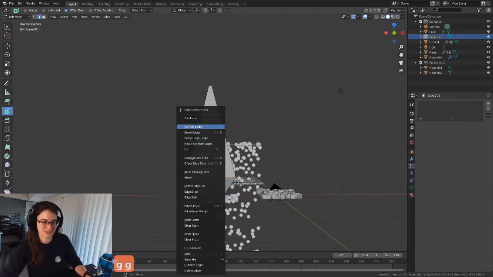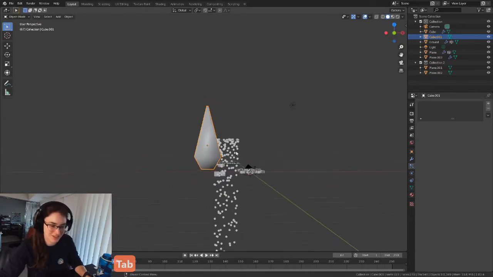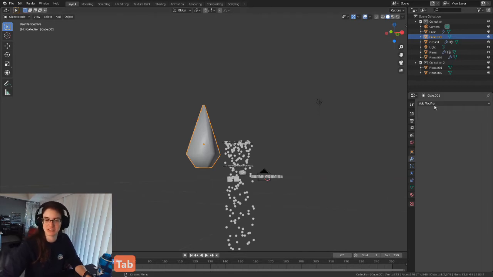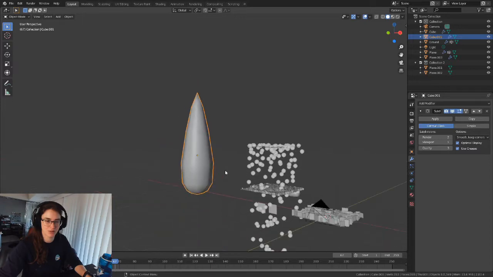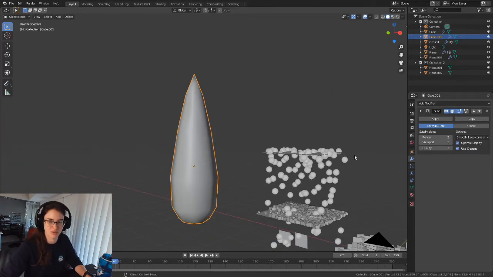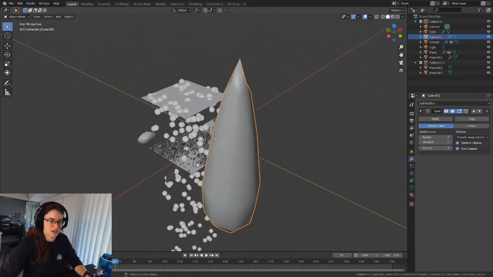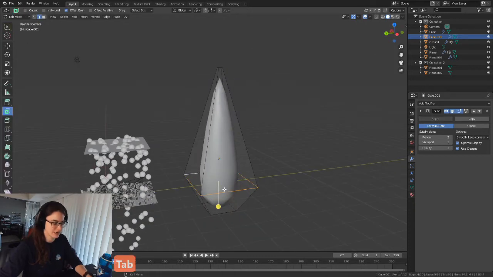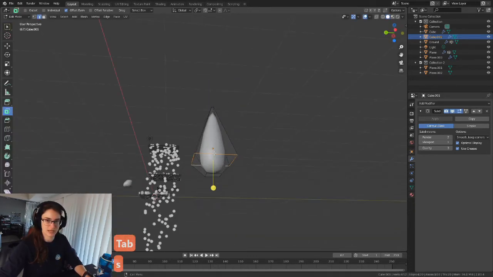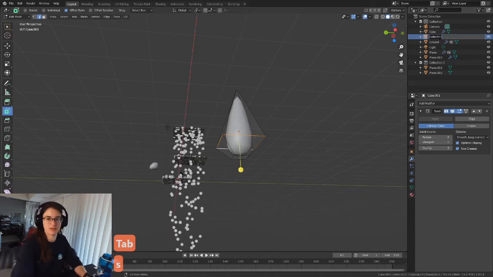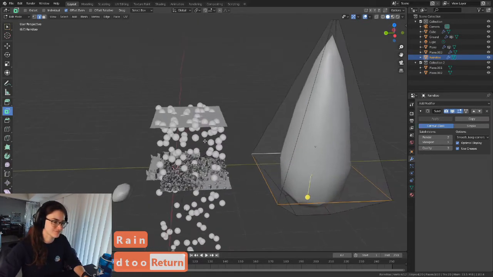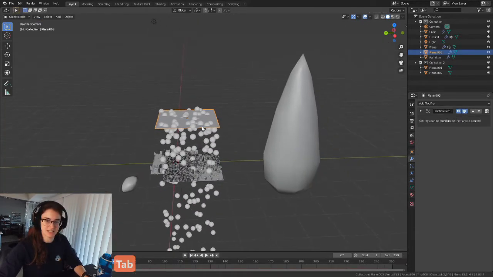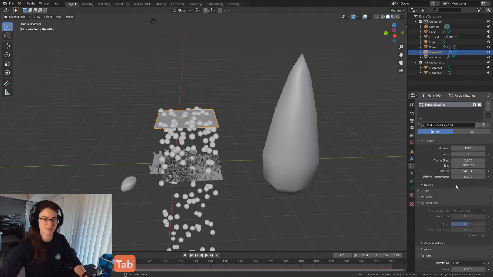I can do the shade smooth. Maybe that'll help it. And I could even put on a subdivision surface modifier. But try to keep it low poly, just because it's going to be so small and so many of them. But there's my raindrop. And now let me label it for my sanity. Rain 2. And in my particle settings,